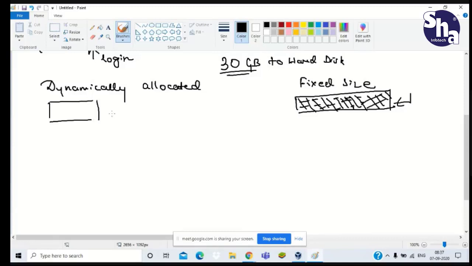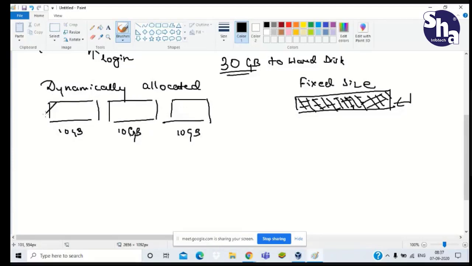But in dynamically allocated, what happens? It makes some clusters. Suppose 10 GB, 10 GB, 10 GB. It generally makes a cluster. It assigns the first 10 GB, and if it gets full, it adds another 10 GB to it and starts performing its activity.